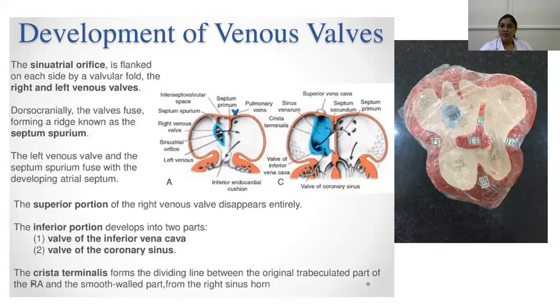So this is that. And this one is your atrioventricular orifice on the right side, and this is on the left side. Okay. And this one is what? This is your septum primum. So initially septum primum comes from here, and then there'll be a gap before it reaches your septum intermedium. So that is your foramen primum.